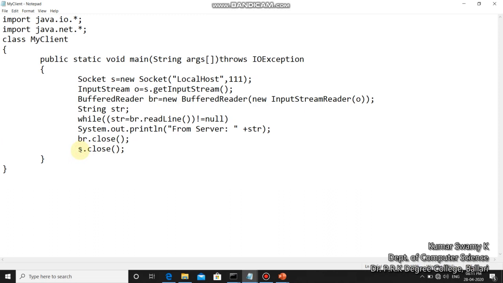In order to run these two programs, you need to open two command prompts, one for the server side and one for the client side. One command prompt indicates server operations, where the server is trying to send data to the client. The other command prompt represents the data which is coming from the server side.